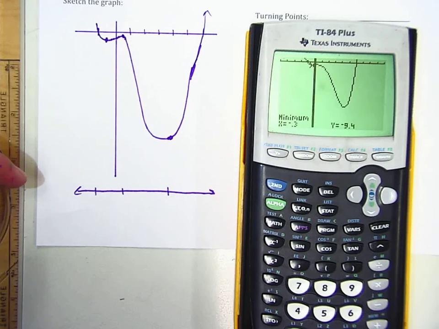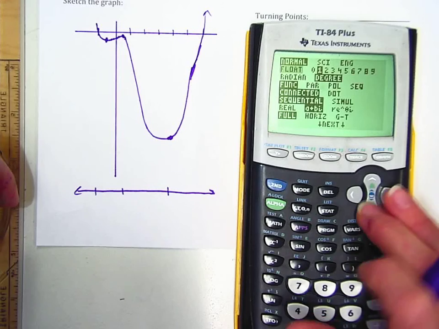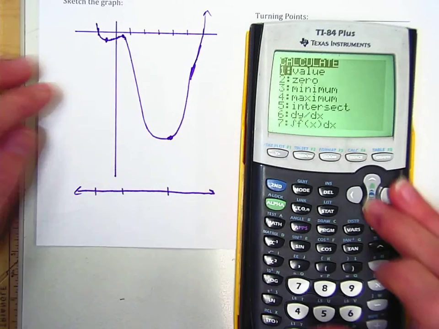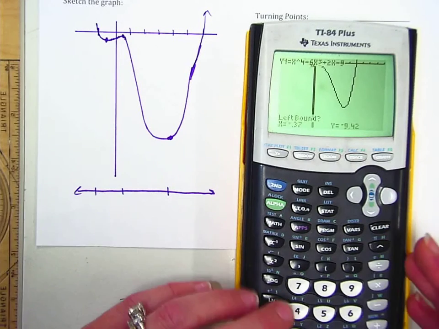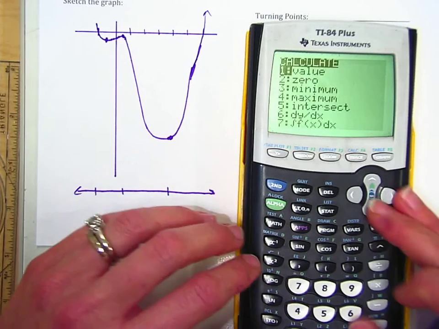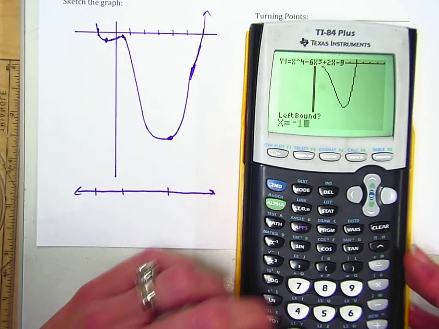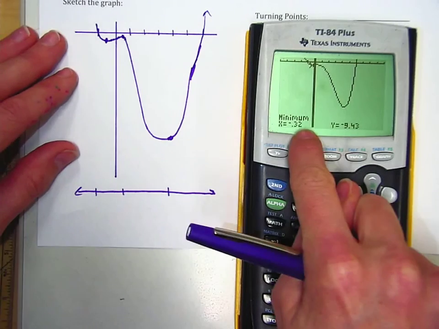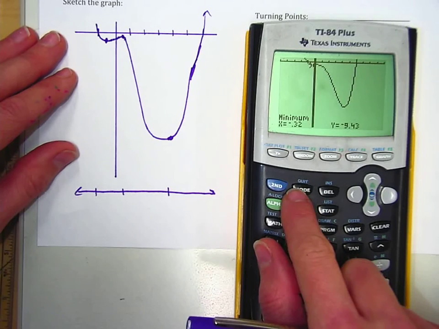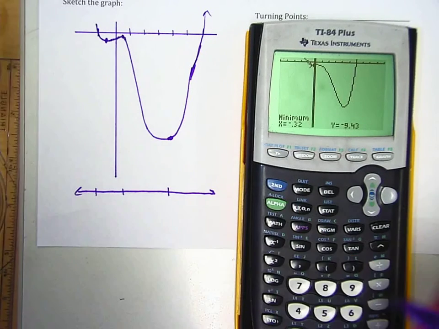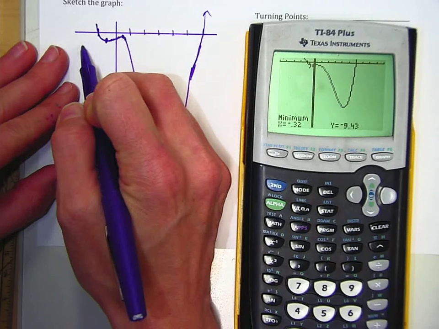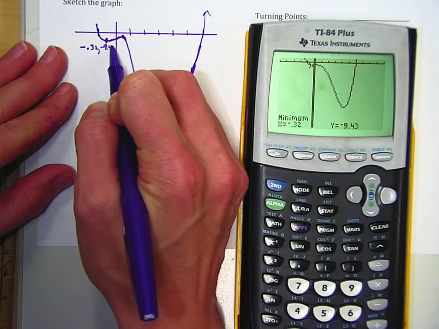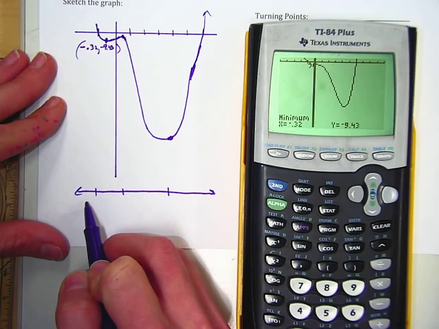I'm going to round it to 2 decimal places. I'm going to do that just one more time. All right, there we go. You'll get more numbers here. I purposely changed the mode so it's only rounding to 2 decimal places just because it makes it a little bit easier. So this point is -0.32 and -9.43. So down here, I just want the x value,